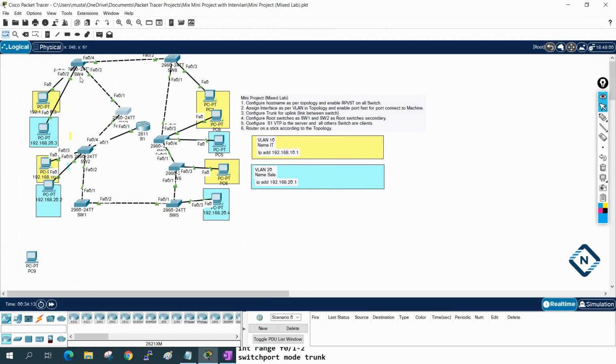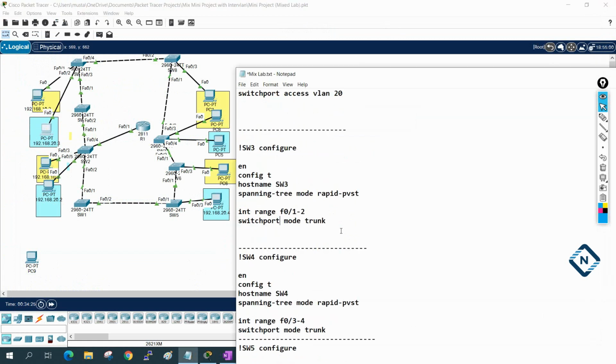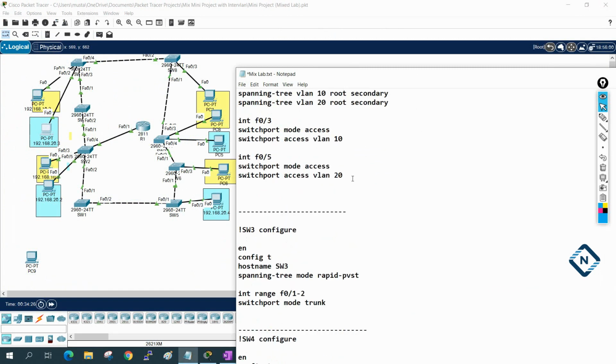This is switch 4. We need to look at switch 4. So on switch 4, interface fast Ethernet 0/1 is VLAN 10, and fast Ethernet 0/2 is VLAN 20. So let's do switch 4 also.